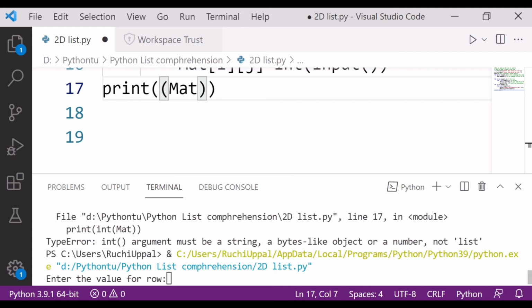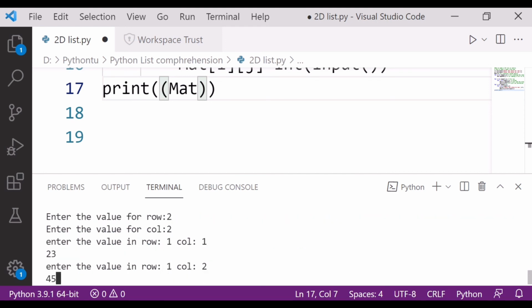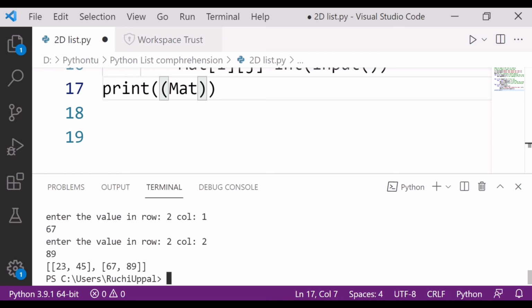Fine, so let's run. Here I have to click here to enter 2 here, then 23, 30, 45, 67, 789. So you can see here I got the input that is given by me, I got it as it is. This is my first row, and this is the second row. This is how you can have the input from the user. I hope this is clear to you. Thank you very much, and thank you for asking the doubt. Thanks.